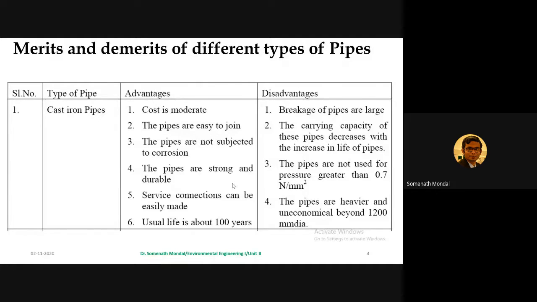So what happens is the deposition happens within the pipe, and thereby it reduces the overall diameter of the pipe. They are heavier and hence uneconomical when their diameter is more than 120 centimeters. So this is also a very important point to remember. And they cannot be used when the pressure is greater than 0.7 Newton per millimeter square. So if you have more than that, then these type of pipes are not going to sustain